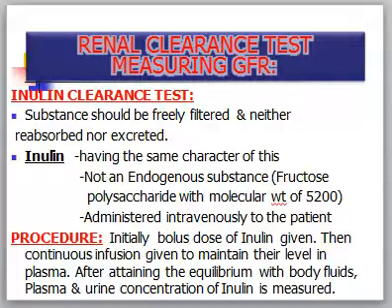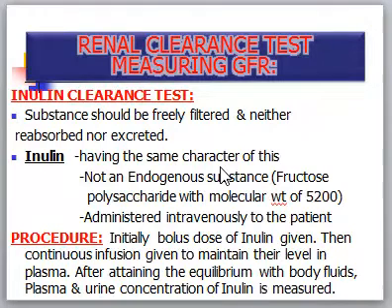For the inulin clearance test, the substance should be freely filtered, neither reabsorbed nor excreted. A substance that is completely filtered but neither reabsorbed nor secreted should be used to measure the glomerular filtration rate. Inulin is the ideal substance used to measure the glomerular filtration rate. It is completely filtered and neither reabsorbed nor secreted. So the inulin clearance test indicates the glomerular filtration rate. A known amount of inulin is injected into the body, and after some time